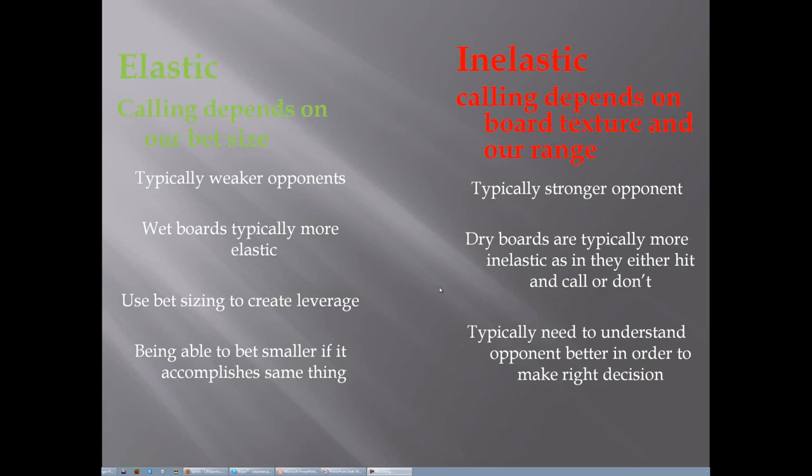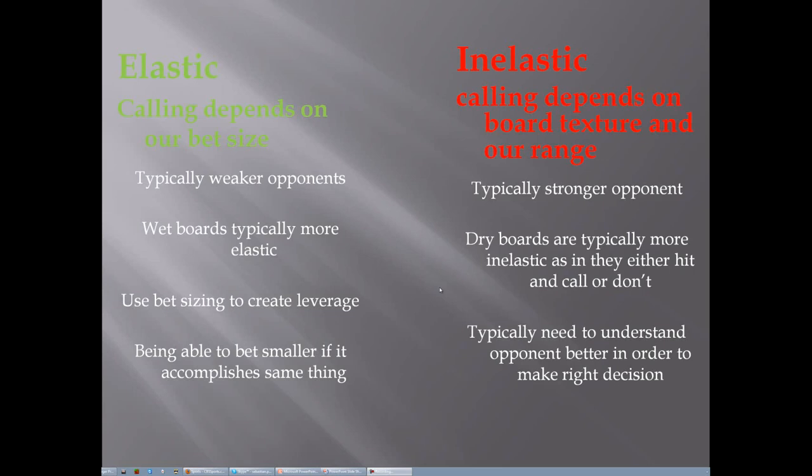Now, if we have a value hand against this opponent as opposed to a bluff or a semi-bluff, then maybe I'm going to fire a c-bet against them, knowing that they like to call with a wide range, and then possibly I'll check the turn to them to induce a bet, where I can either raise them or call. Again, depending on the board texture, that'll determine what my play might be.